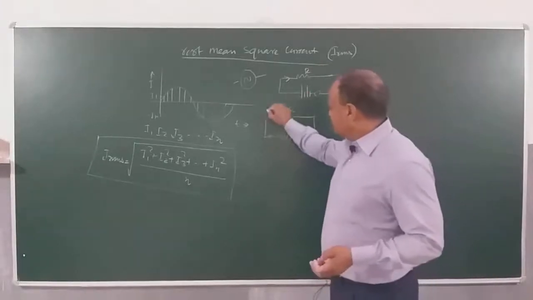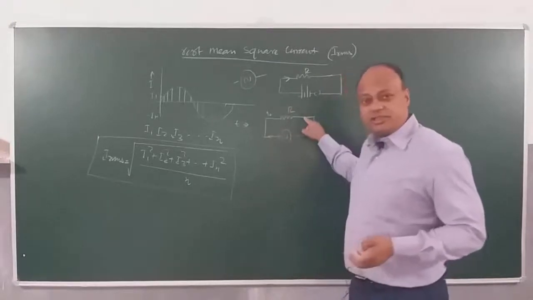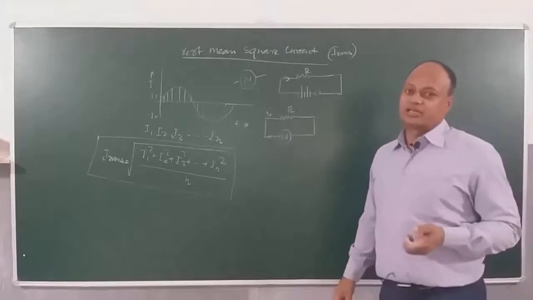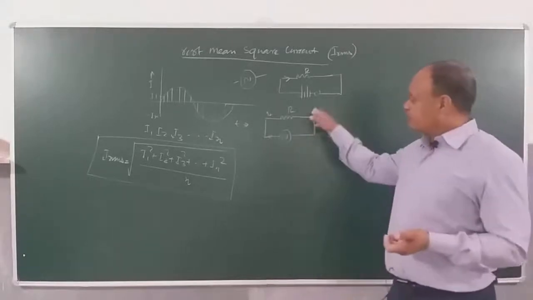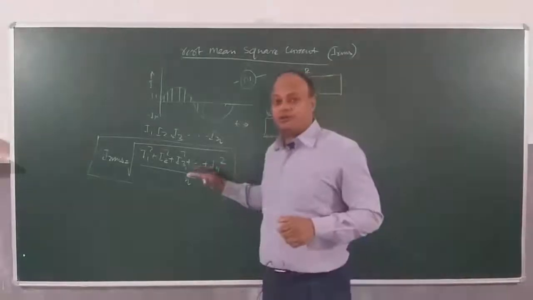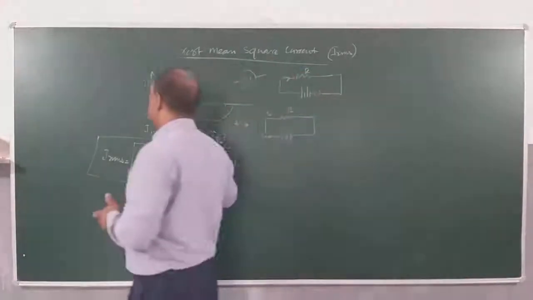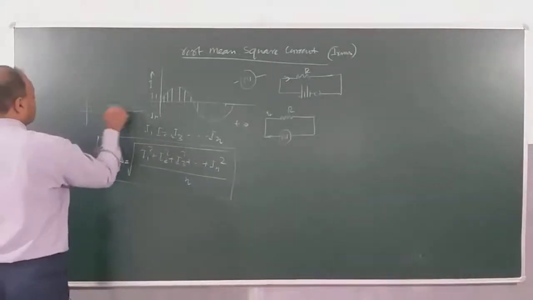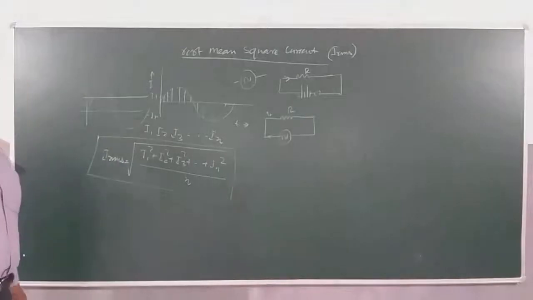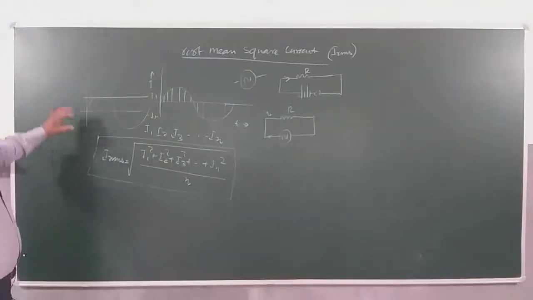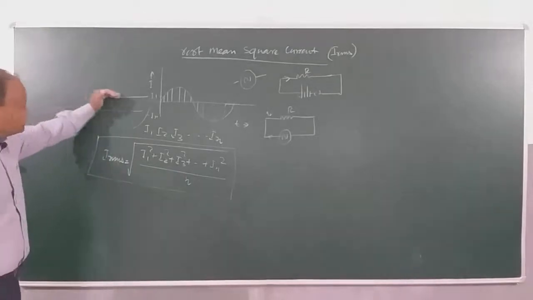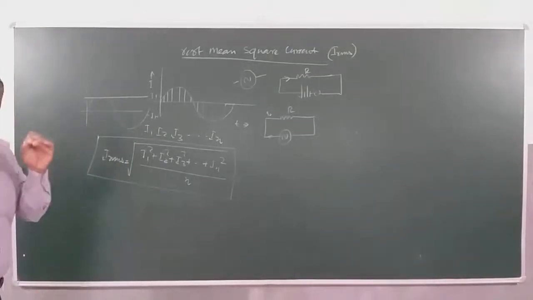Now see, if I send this AC, it will produce a current through the resistance, and if I send DC, then also it will produce a current. So mathematically, using this property, how will you define RMS current? See children, RMS current is a mean current whose value does not change. Suppose this is the alternating current which is given to you. Now a certain value of this AC we can assume to be constant. This is the mean value I am talking about. It will appear to be like a DC, it does not appear to change, right?